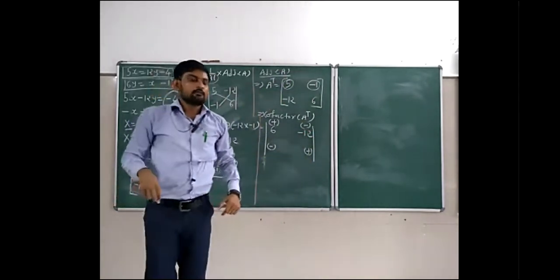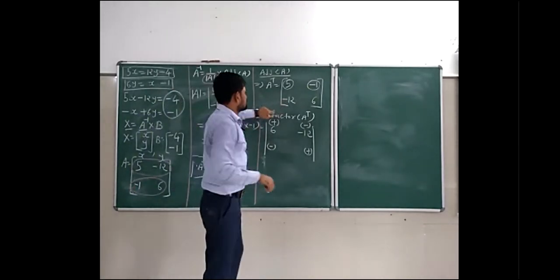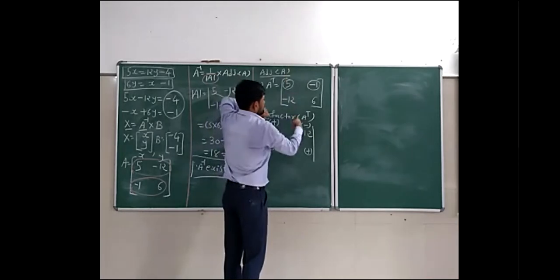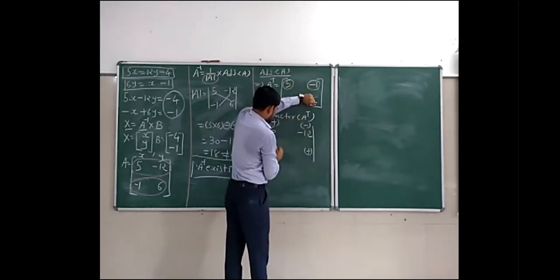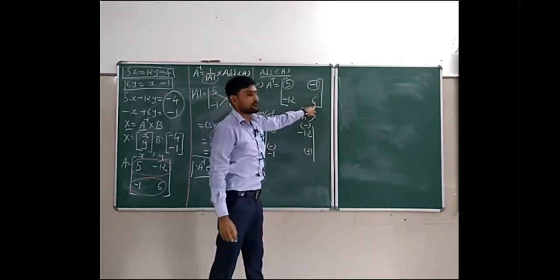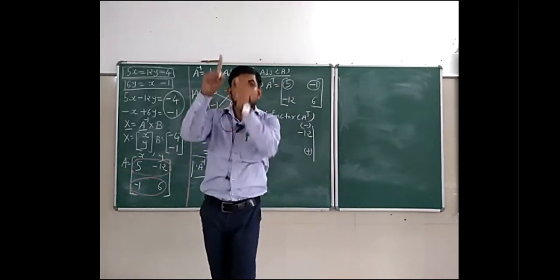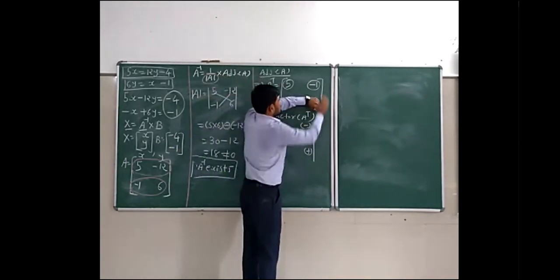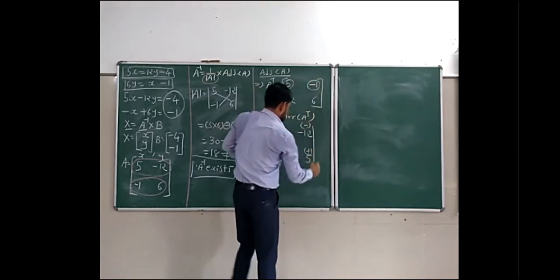Okay. Then hide minus 12. That is second row, first column. So hide second row, hide first column. What is the remaining element? Minus 1. And find the cofactor for 6. And 6 is in second row, second column. So hide second row, second column. So the remaining element is 5. Clear.